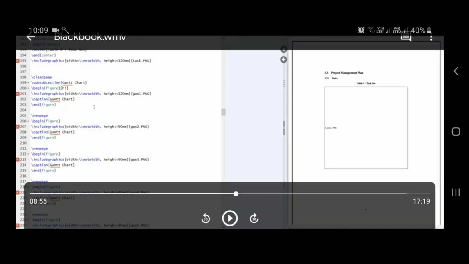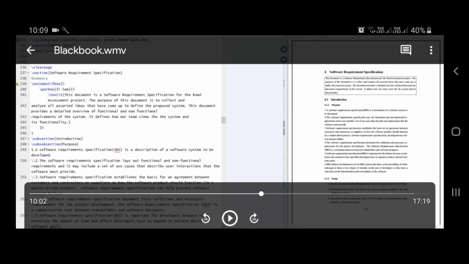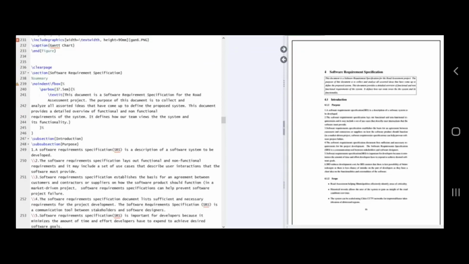So now we move to some important part. Let's see if anything is remaining over here. Again I will explain so that you understand how to make this box. How to make this box, I'm going to repeat it again so that it gets stored in your mind properly. So what we have to do is \noindent, and we have to start this \fbox. Then you have to specify the size of the box, that is \parbox, and then \textit, because we need italic text, so we are going to specify it in italic. You have to close it.